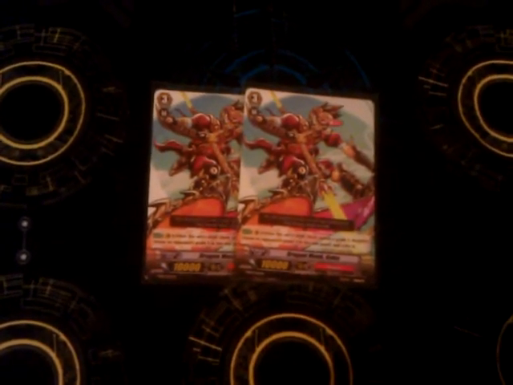Those are all my grade 2s. What are my grade 3s? I'm running 2 Dragon Knight Goku or Dragon Monk Gokus. I like the little Gokus. Of the units that have the effects when they reveal a grade 3 as the drive trigger, I think Goku is one of the better ones. Retire grade 1 or lower opponent's rear guard. I just think that